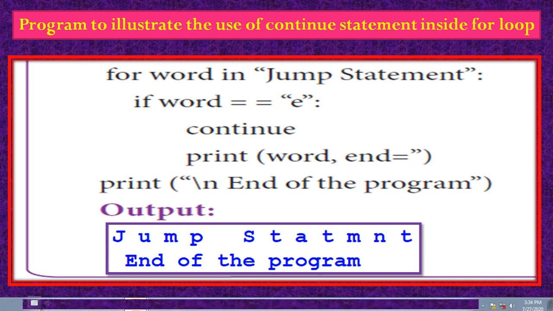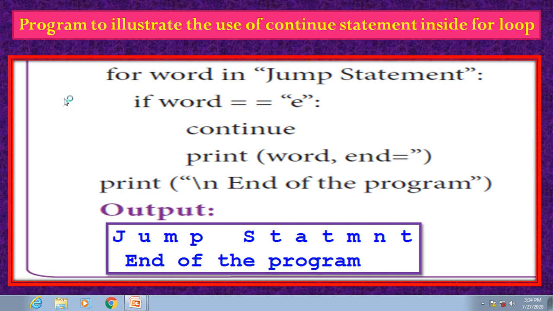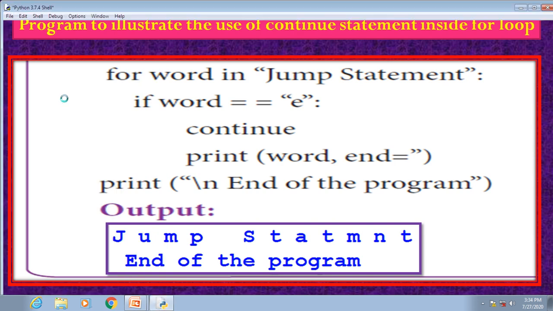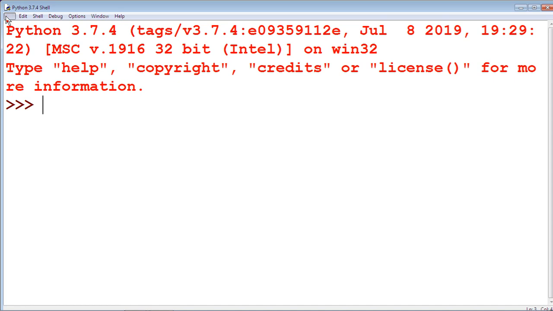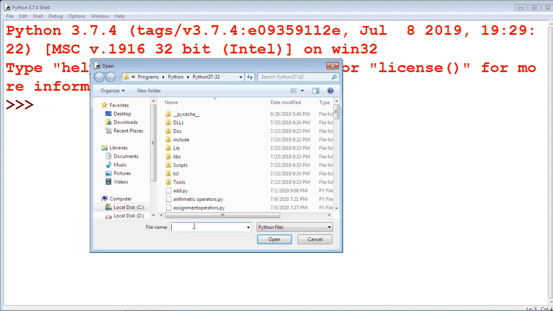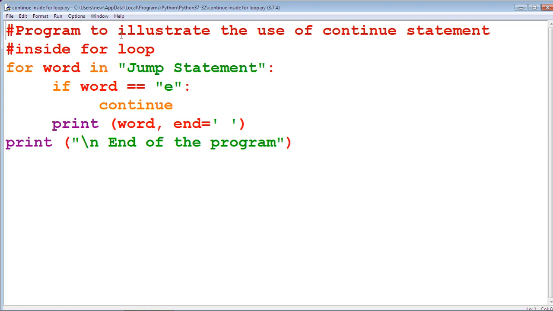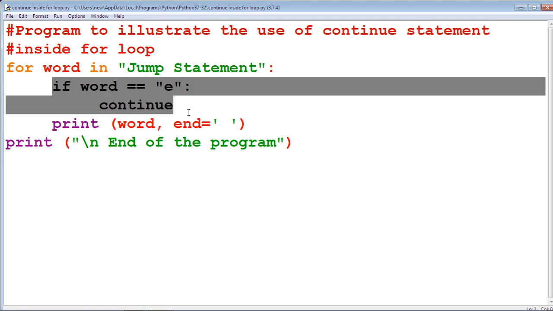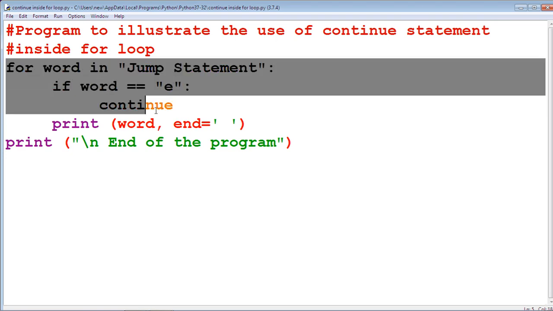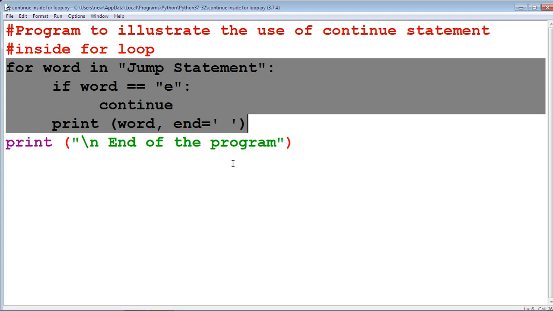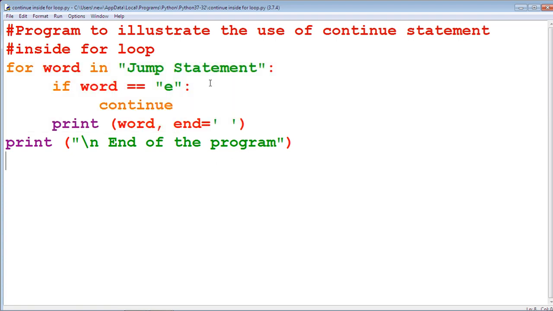This is demonstrated using the IDLE window, Python 3.7.4. Open the continue inside for program. I already typed this program, to illustrate the use of the continue statement inside the for loop. Here, the continue statement is placed within the for loop structure.